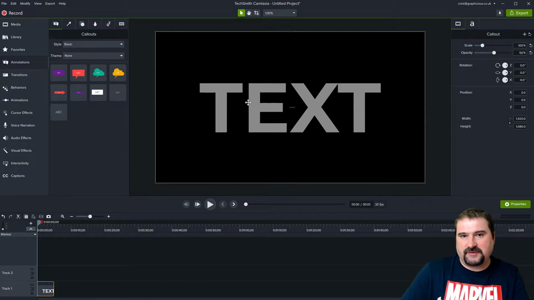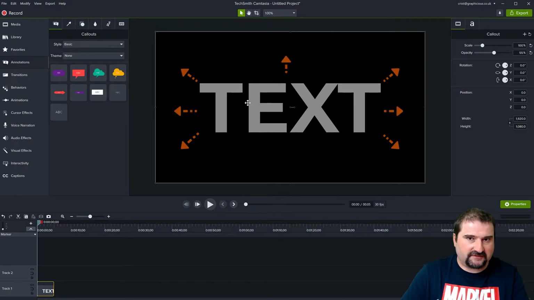So the principle behind this is that we will make copies of this text, and each copy is going to be offset by a few pixels. So we will offset it to the top left, top right, bottom left, and then left, right, top, and bottom. We're going to offset this by the same amount. Each copy is going to be offset by the same amount of space. And finally, I'm going to show you how to make it an outline from that.